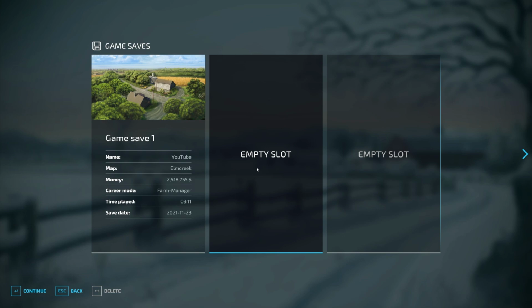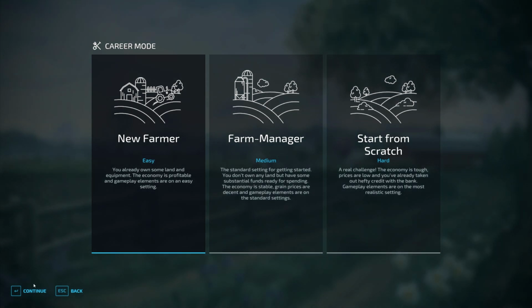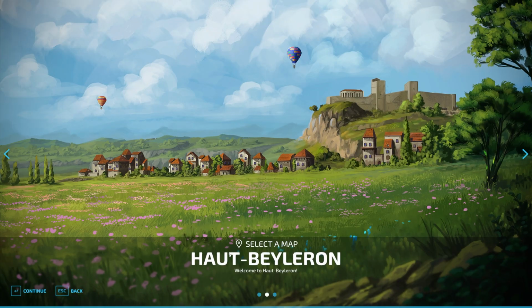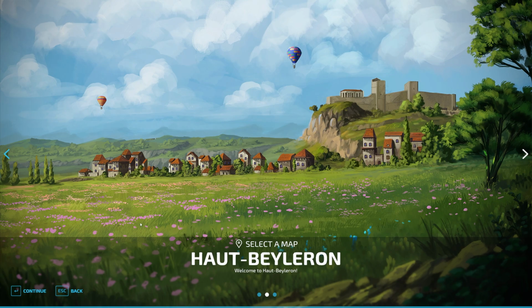So I'm going to take an empty slot here. And we're going to play in the new farmer mode for this series. So in the Elm Creek series, we've done farm manager, and with this one, we're going to do new farmer mode just so we can get straight into some farming. So we're going to continue there. I'm going to select our map. So we have 3 maps available at the moment. Obviously, Elm Creek, Haut-Beyleron, and Erlengracht. And what we're going to do is we're going to go back here, make sure we select that one, and